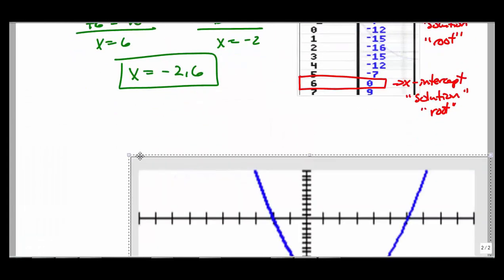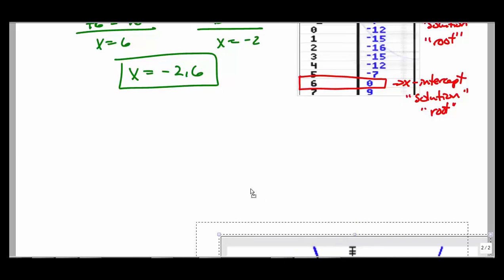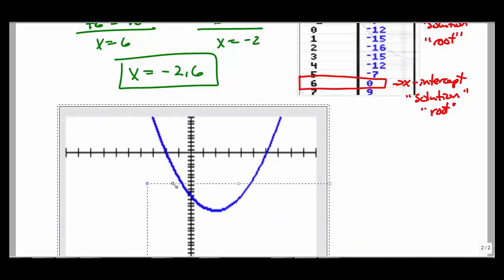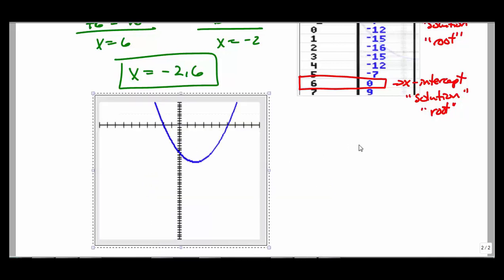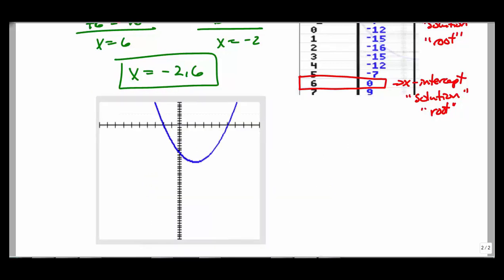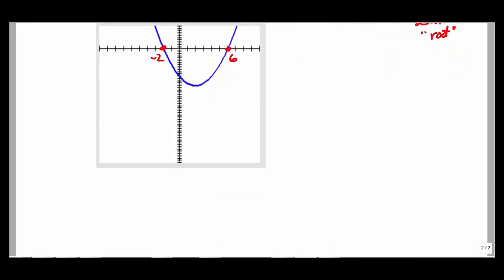And then we can note on the graph where our solutions are as well. And again, our solutions are at -2 and 6. And we can see that from the table, and then we can see it from the graph. Here we are at -2, and here we are at 6. So far all the problems we've had nice little solutions, and integer solutions are nice. They're easy to find with your calculator and usually by factoring, but sometimes we'll run into some cases where they don't work so well. Let's go ahead and look at an example